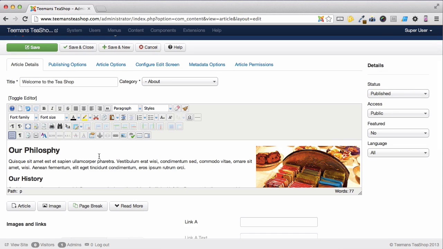Now that we've created our article, we need to publish it and make it visible on the website. Because this is going on our front page and Joomla already has a special menu type for the front page created, we're just going to set this tag here, featured, to yes. Once we've done that, if we press save and close,